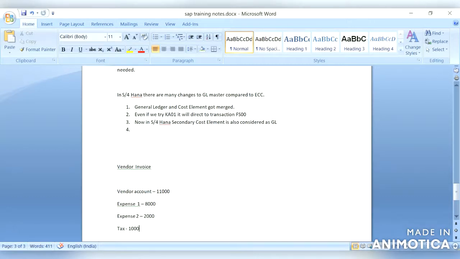So how does this work? This concept can be explained based on document splitting, which has a vendor invoice and two expense line items. Both expenses combined are 10,000, and including tax it is 11,000.